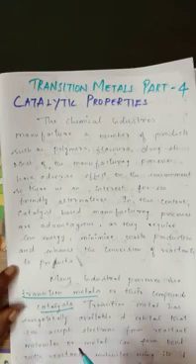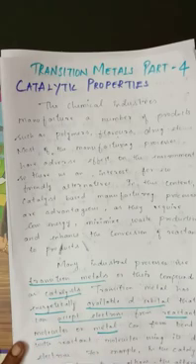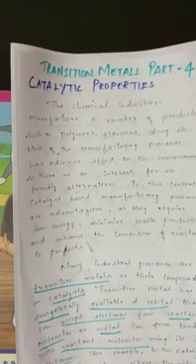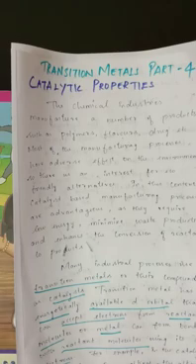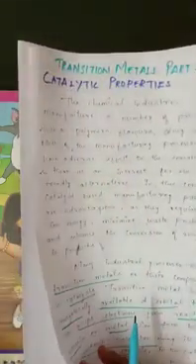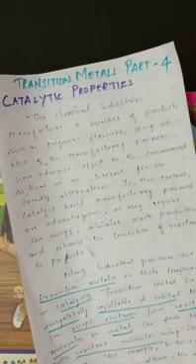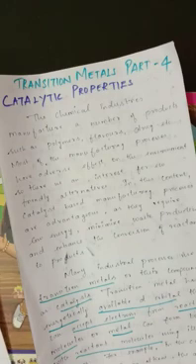Transition metals have energetically available d orbitals that can accept electrons from a reactant molecule, or the metal can form a bond with the reactant molecule using d electrons. Do you remember this? Mostly all the transition elements show catalytic property because of variable oxidation state. Isn't it? They can also form some intermediates, and they are also capable of forming interstitial compounds, absorbing electrons easily and activating the reacting species.